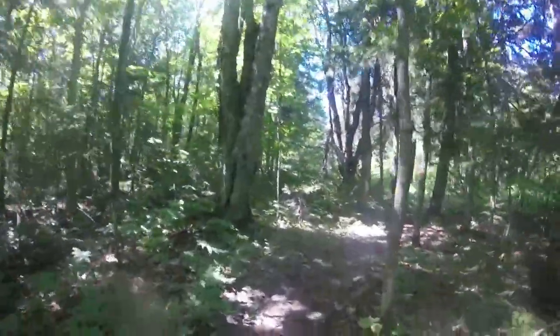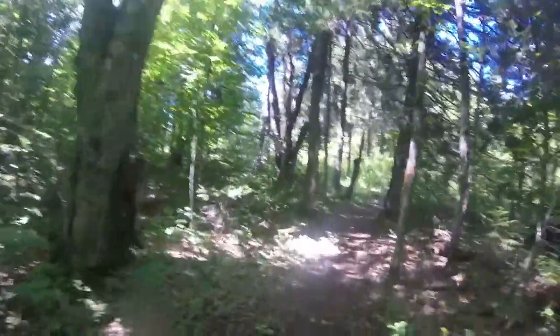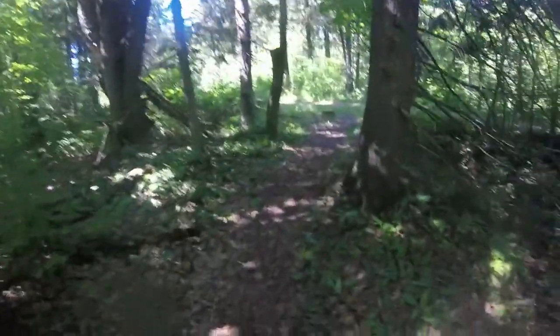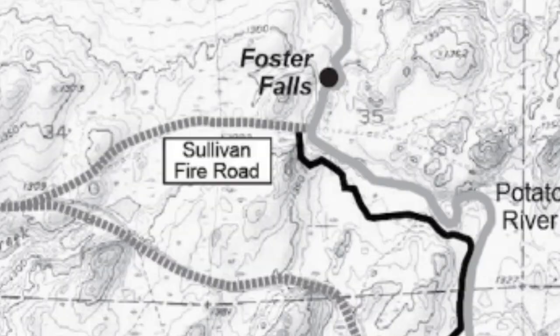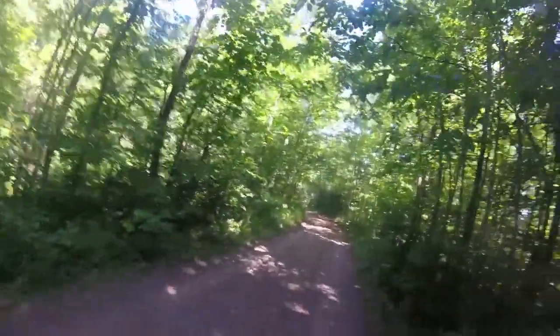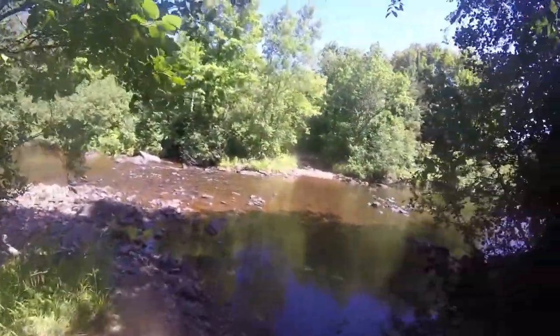Oh, it looks like we're coming out to the Sullivan Fire Road, just like that. Boom. We're out to the Sullivan Fire Road, and we're done. So that's good. And we'll come down here. There's my car just parked right there. We'll come and take a look at the river down here. And then